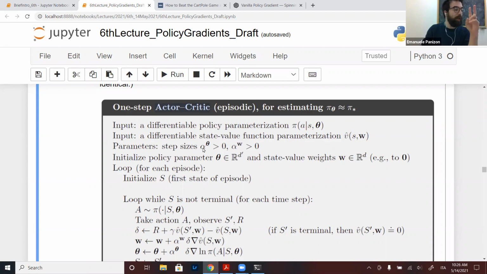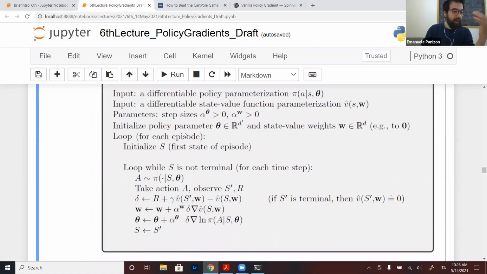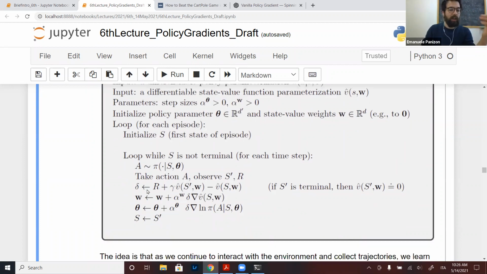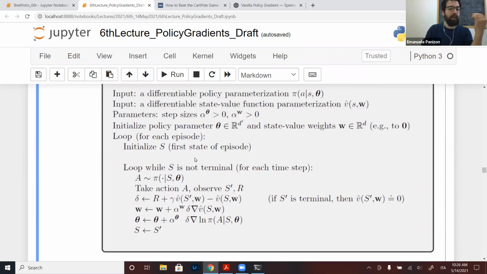We need two step size parameters, one for the actor and one for the critic. They need to be different, and we will talk a bit about that. Then I initialize the policy parameters and run episodes, with a stochastic time horizon